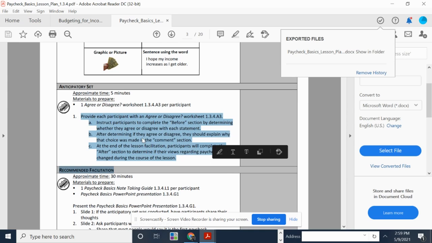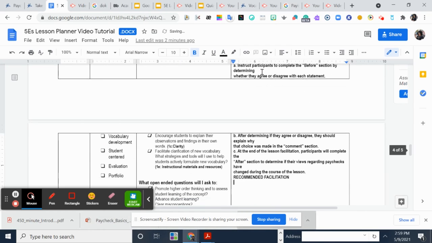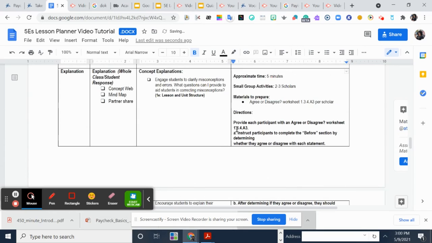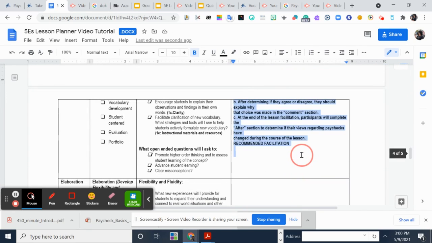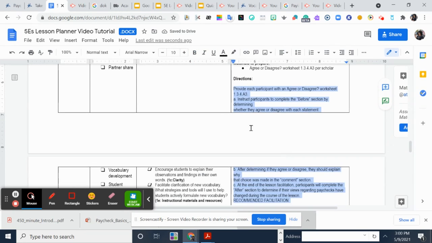And I'm going to just copy once again and paste it right here. And it's just going to be some formatting that I'm going to have to do. Now, sometimes I like to leave the document section numbers in. Sometimes I don't. It depends on how I'm feeling. So today,